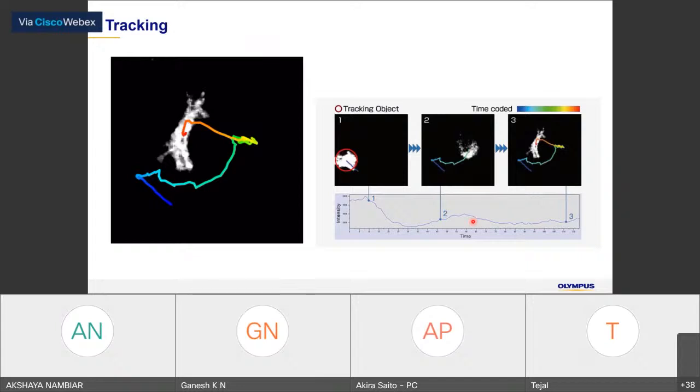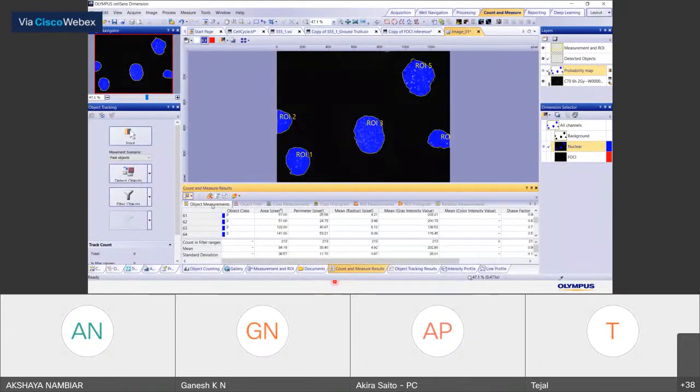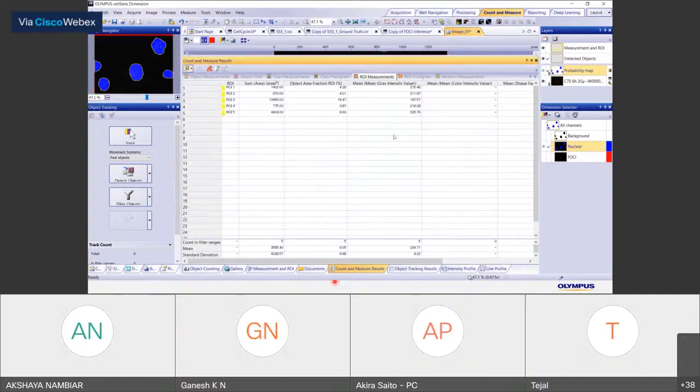So will we take the average of each ROI or itself in the final result? The average of each ROI. Okay. So in our count and measure result window, we can have each parameter's information over here.